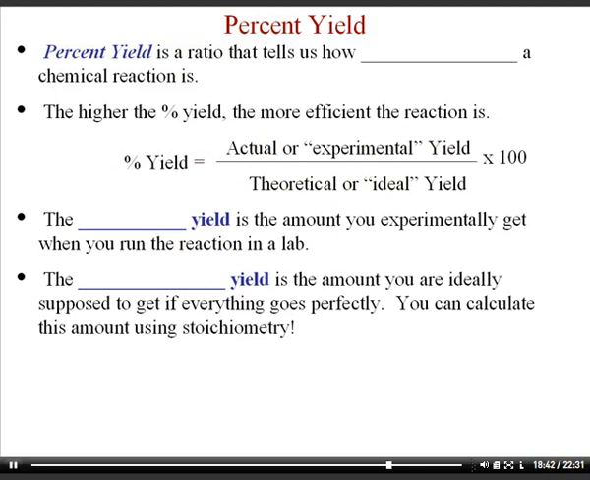Percent yield is a ratio that tells us how efficient a chemical reaction is. So when you run a reaction, you might have some splattering, you might do a lab procedure incorrectly, or you might follow lab techniques and lose some of your product during the experiment, or maybe your experiment takes multiple steps and you lose some product. And so the percentage of product that you actually produce compared to what you're supposed to produce,